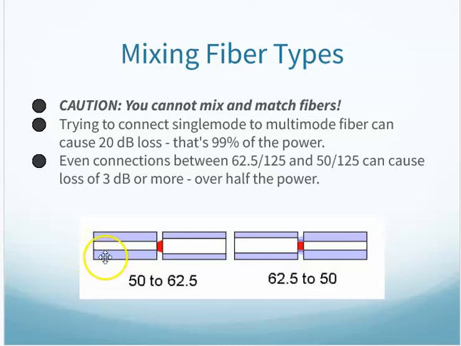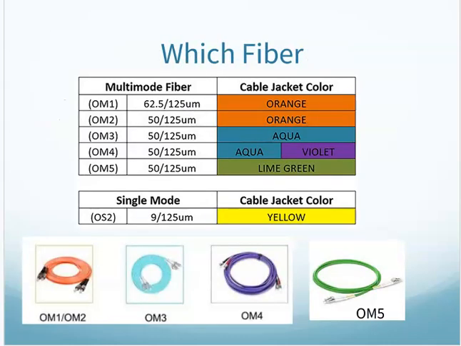If I'm going from 50 to 62.5, it'll capture a lot of it, but some's going to leak. If I go the other way, 62.5 to 50, it's definitely not going to all fit in that smaller core. We're going to have a lot of water squirting out, if you will. In this case, a lot of light. So mixing and matching fibers, you have to be aware and make sure you're not doing that,